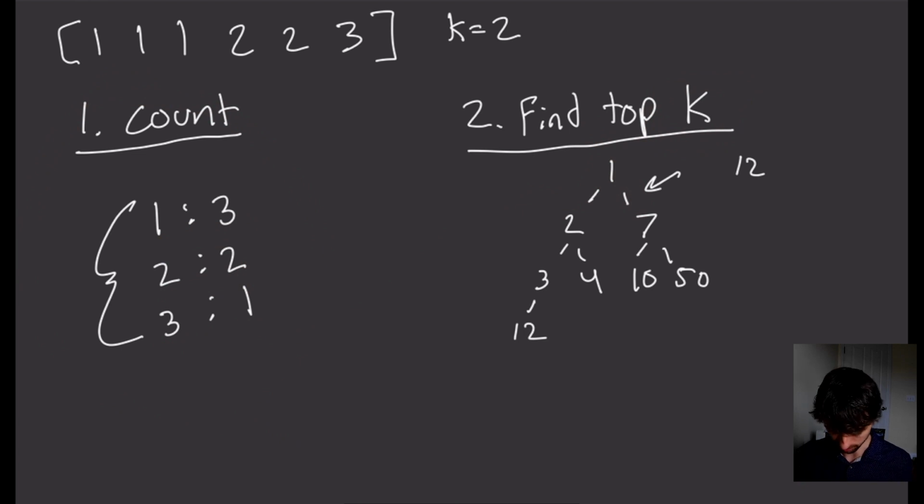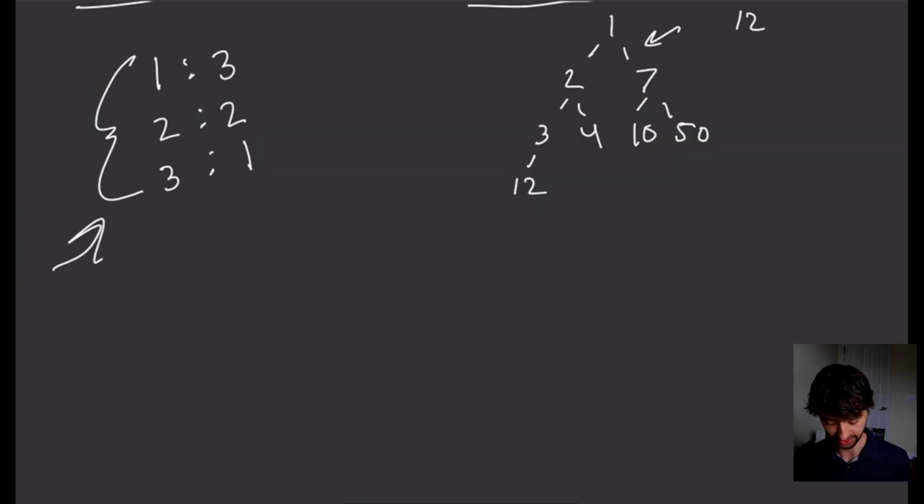So let me show you an example of what I mean by that. Using this dictionary here, I'm not going to do it in this order or it won't work as well. So we don't know what order we're going to get the keys when we're iterating through a dictionary. So let's say we're going to start at the bottom and move towards the top. How we can do this is say, okay, we're going to create a heap and we'll start by placing this bottom value in it. And a quick aside, this heap here, I just put integers in, but there's a really